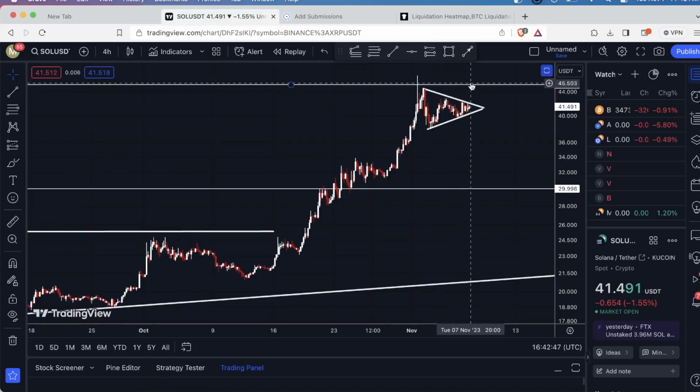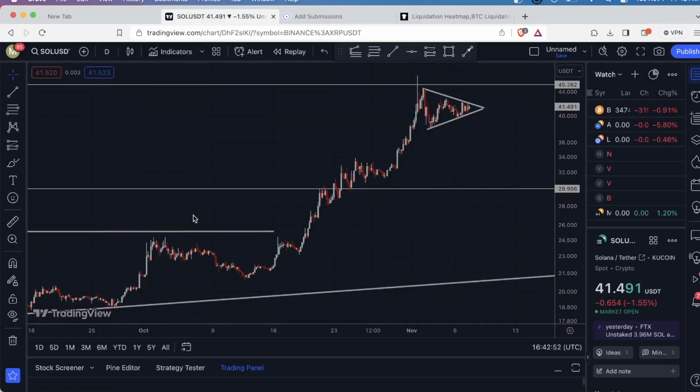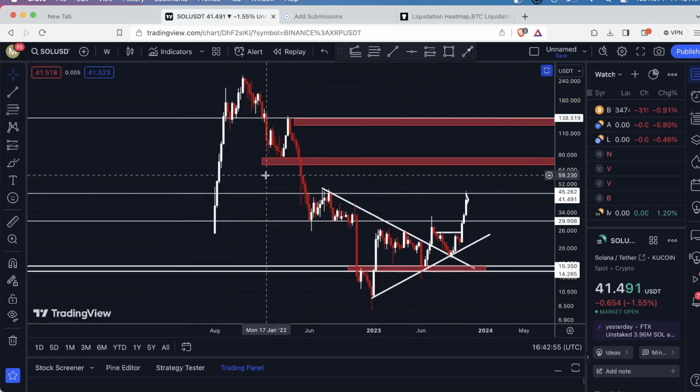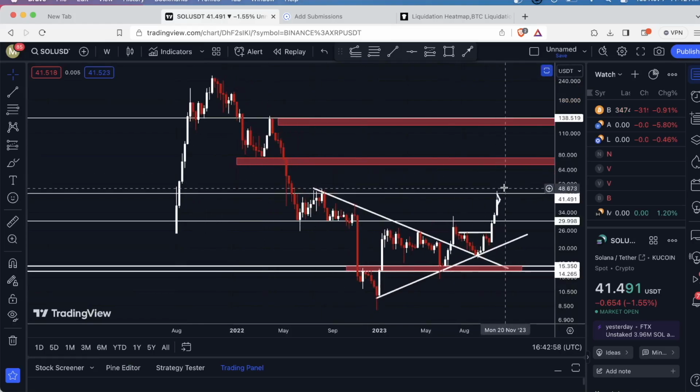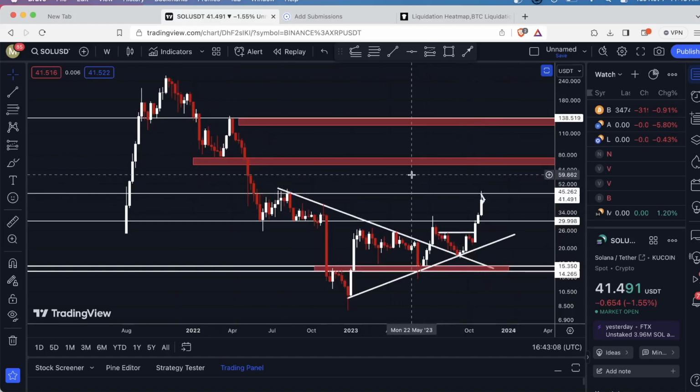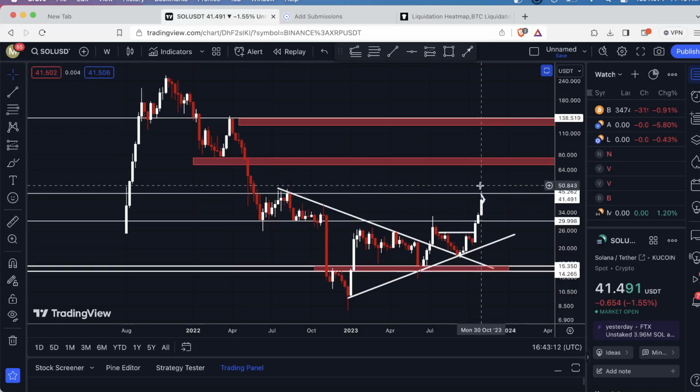Now, candle bodies on the 4-hour, it's a good sign. Candle bodies on the daily, it's a better sign. Candle bodies on the weekly, that's definitely I'm going to enter, and I'm going to look for the next target, which is going to be up here at this range, around on the low end $69 all the way up to $77. But yeah, basically the longer the time frame, the candle body that closes above this, the more confident